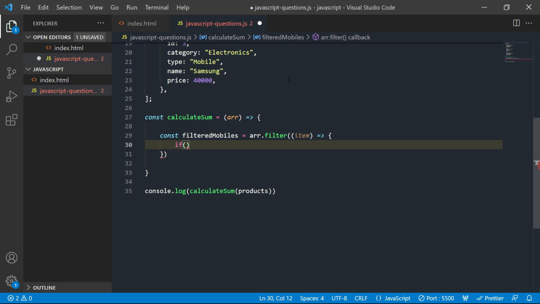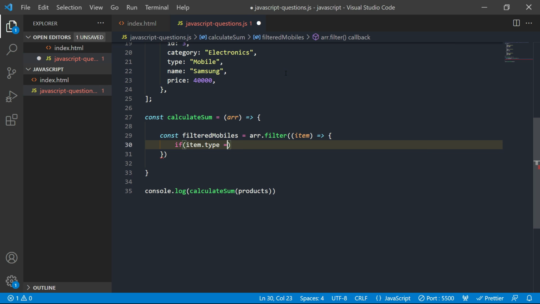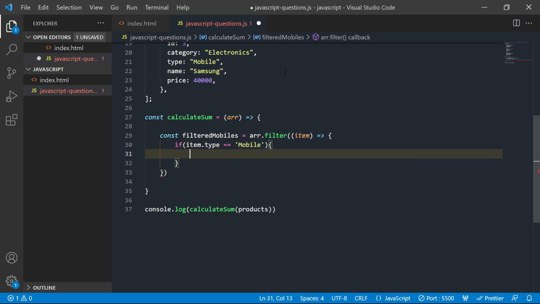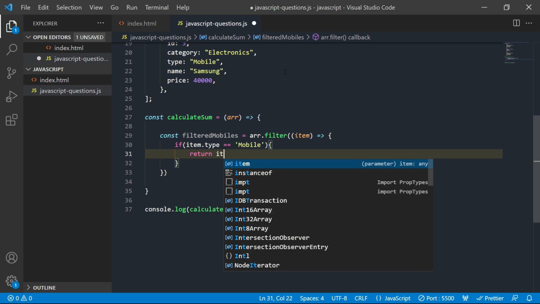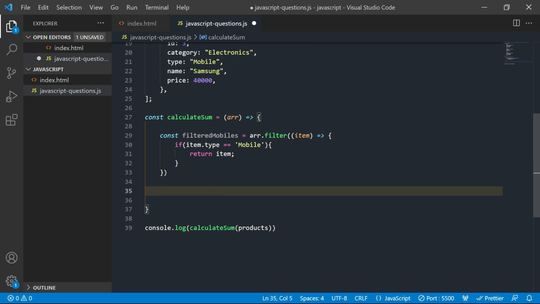If item.type is equal to mobile, then return that item. It is going to return all the items where the type is mobile from this array. Okay, so now we got filtered mobiles.